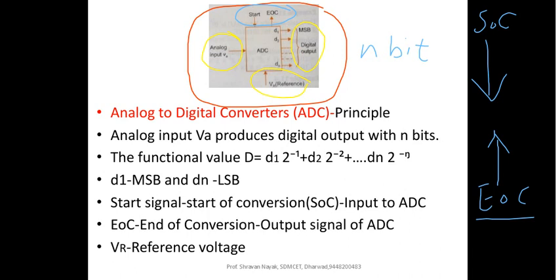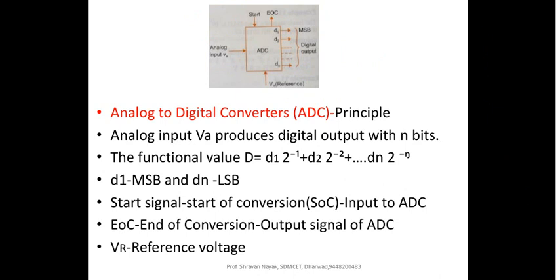So these are the general aspects you have to look at before we go into the individual types of analog to digital converters, which are represented by this inside block. When I speak about the analog inputs here, I have represented only one signal, but it could be n number of signals also. Instead of one, you can have 3 or 8, depending upon the type of the analog to digital converter.